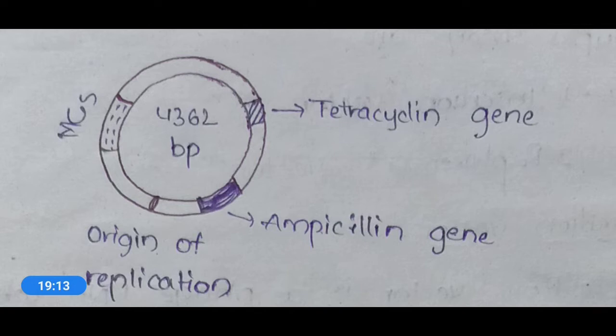If you see this particular pBR322, it is a base plasmid for the in vitro construction of derived plasmid vectors like pUC8, pUC9, pUC10 and cosmids. That means based on this pBR322 only,